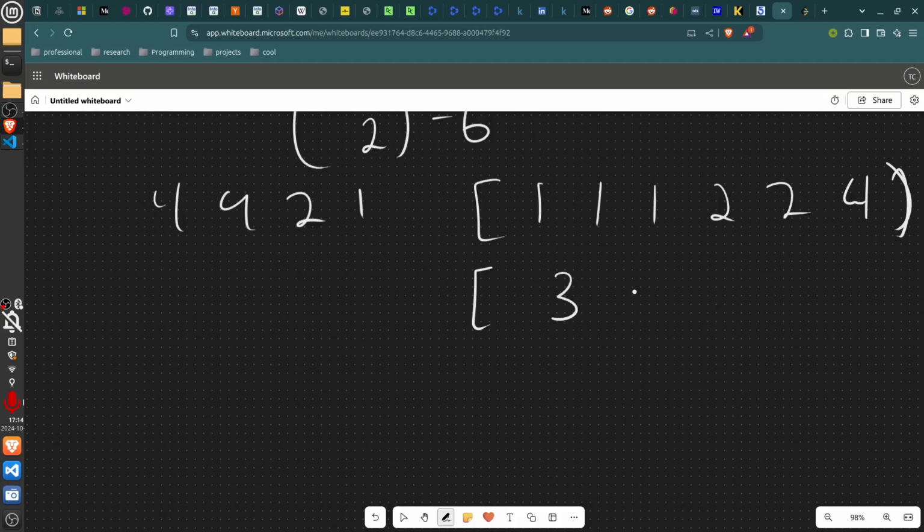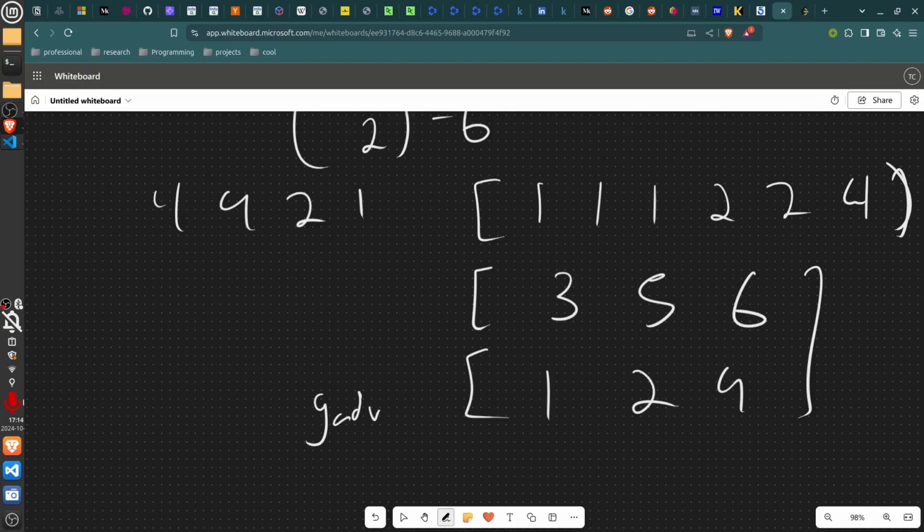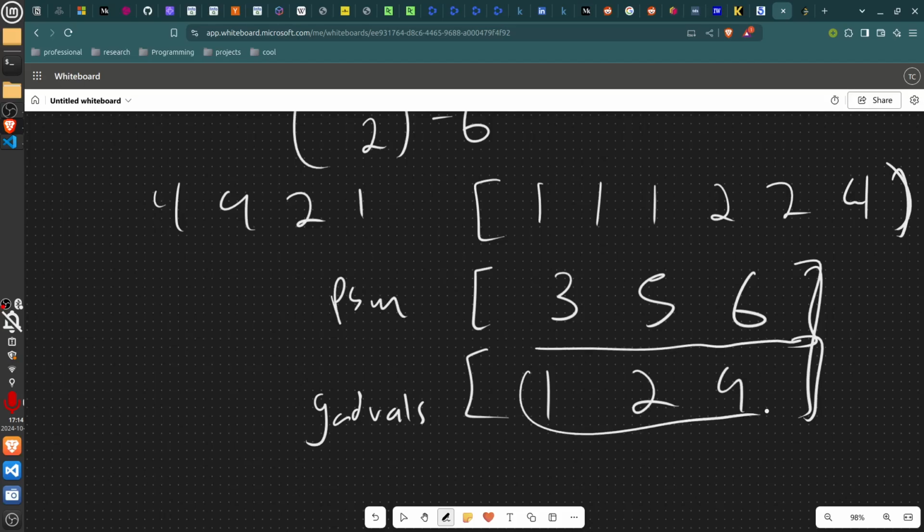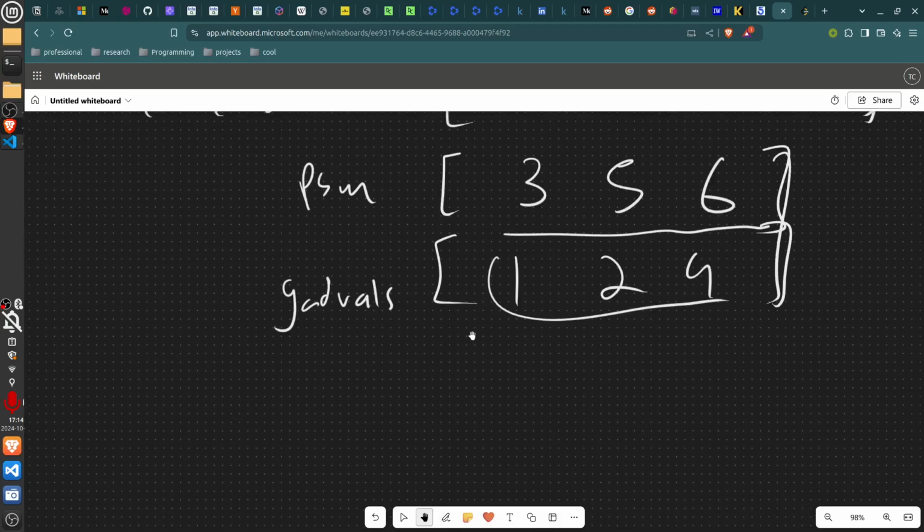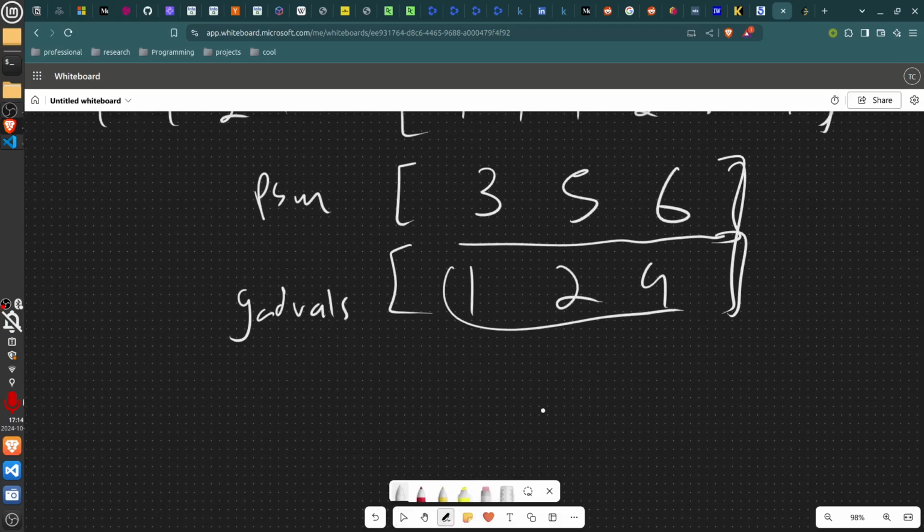it'd be 3, 5, 6. And your GCD values would be 1, 2, and 4. And then this would be your prefix sum. So this is just the count of these GCD values incremented. That way, if you have a query,